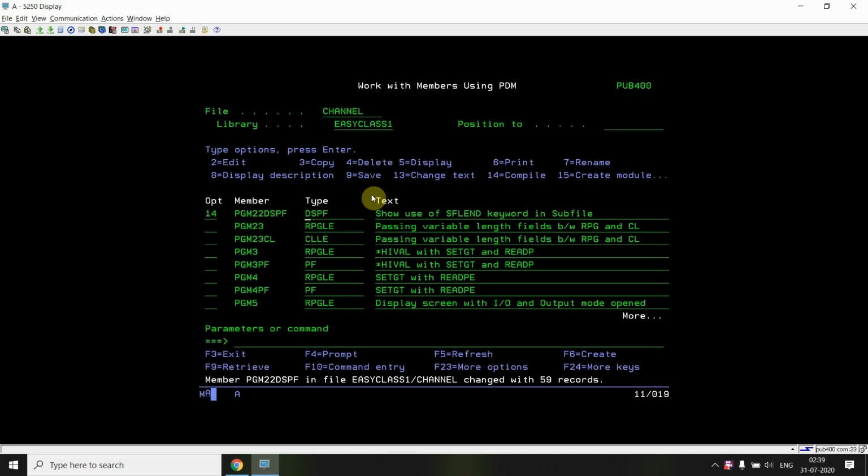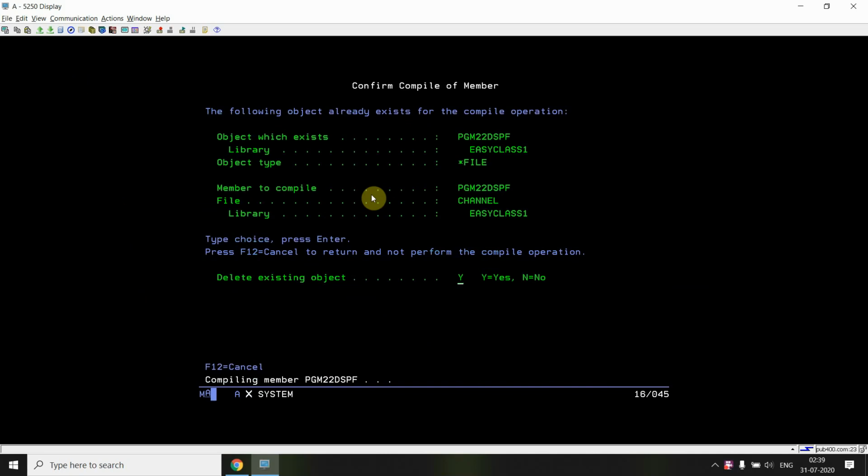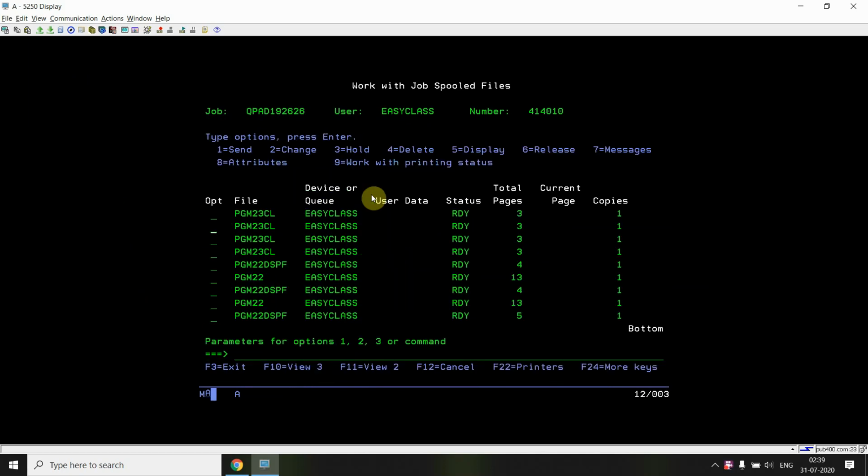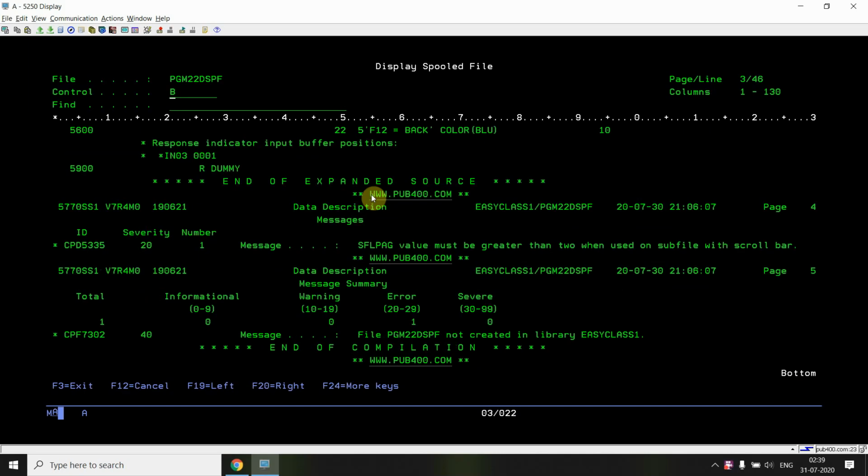I'm going to compile this, and I would be getting that error. If I look into the error with WRKJOBLOG, or Shift F6, it says: SFLPAG value must be greater than 2 when used on subfile with a scroll bar.